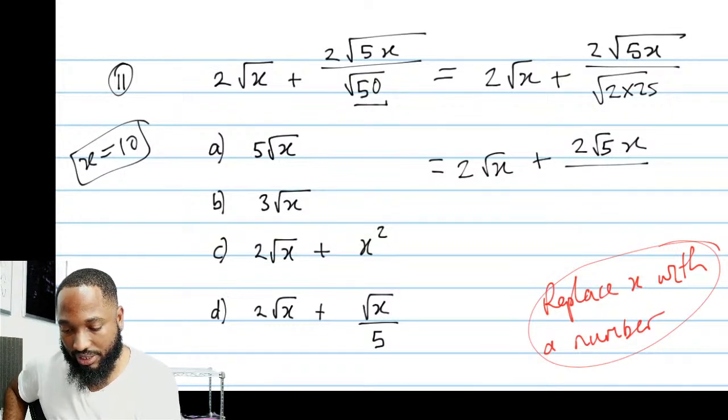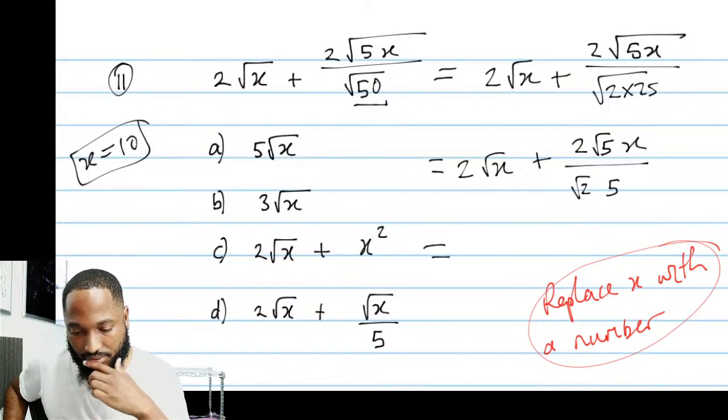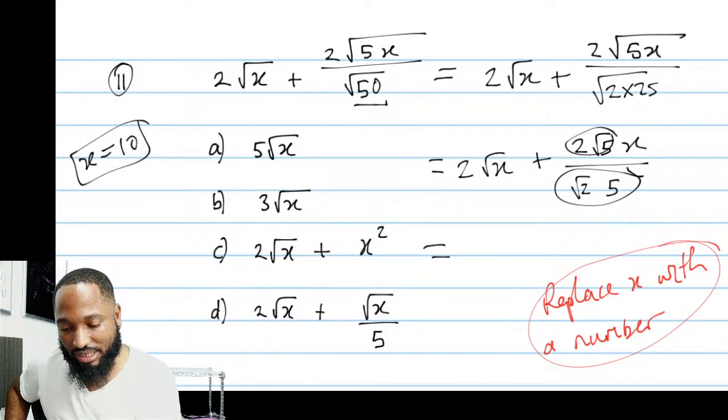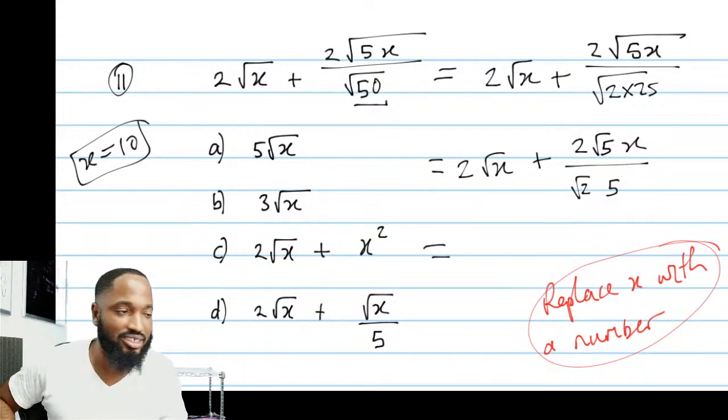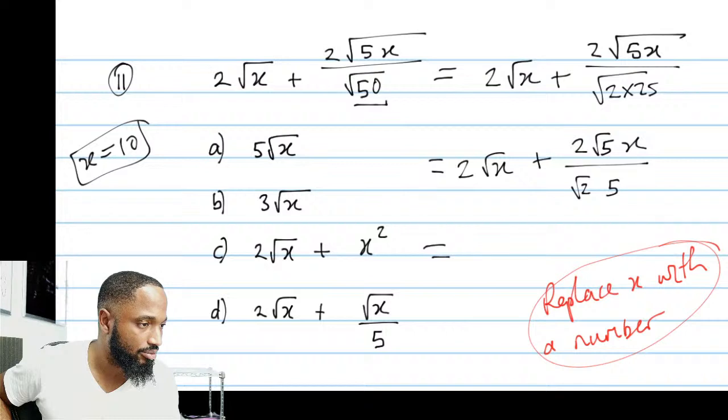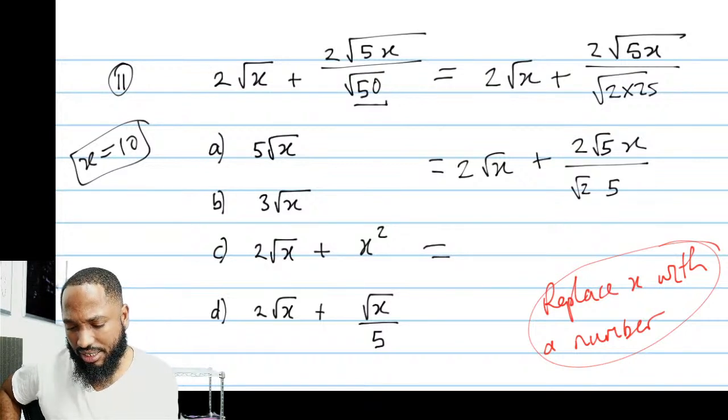This question does not answer to anything. I made a mistake. Square root of 2 by 5. I wanted this to cancel with that, but I made a mistake. Do you understand what happened there? The answer is E. If this had cancelled, it would have given me 2x and x is 3x. So let me just switch this around to make this work.